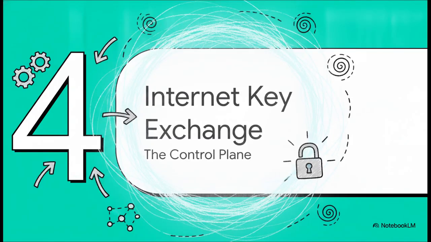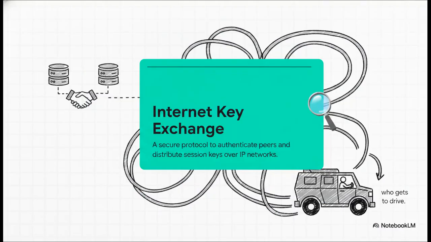Thankfully, we got a fix for that. Part 4, introducing Internet Key Exchange. Enter IKE, the Internet Key Exchange, or if you're in a Cisco environment, you might know it as ISAKMP. To solve those scaling issues, network engineers did something really smart. They completely decoupled key management from the data engine itself. So IKE acts as the control plane. It's the secure handshake that authenticates the peers, dynamically negotiates those cryptographic keys, and safely decides who actually gets to